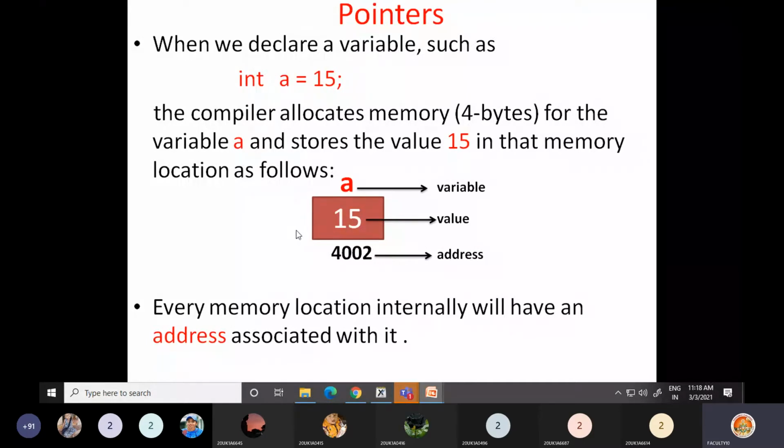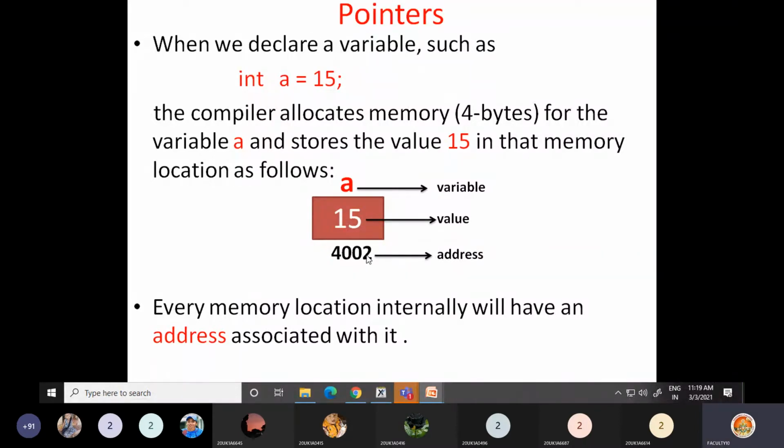Similarly there may be a variable a at one place inside the memory, and there may be another a inside the memory at another place. So to identify these two uniquely, we use these addresses. That is the advantage of using these addresses.